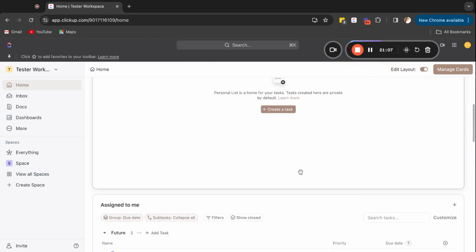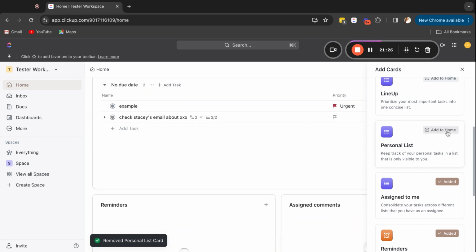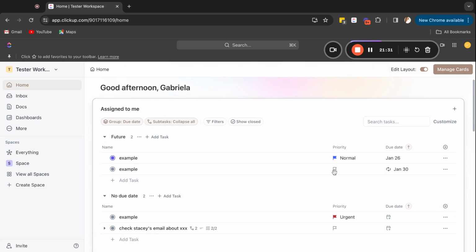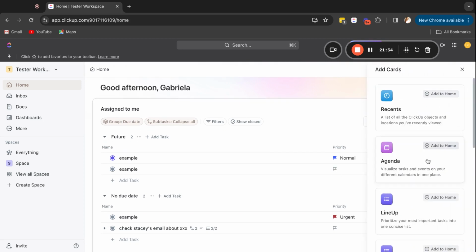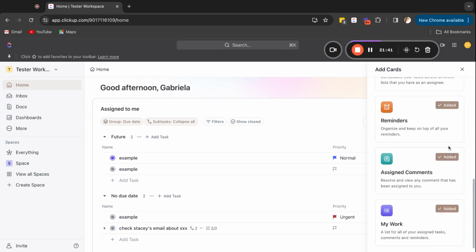Assigned to me also works, but the difference between these two is, okay, here we go. This one consolidates all tasks across different lists, and this one keeps track of the personal tasks in a list that is only visible to you. So this would be kind of like a collaborative one. So again, to make things simple, take this one out. This gives you all your tasks across all the different boards, which makes more sense for me in the beginning, at least. Then you have reminders, which I'll explain once we talk about the inbox, and then assigned comments